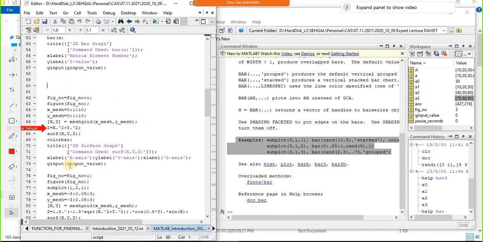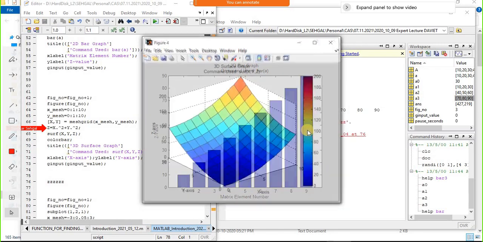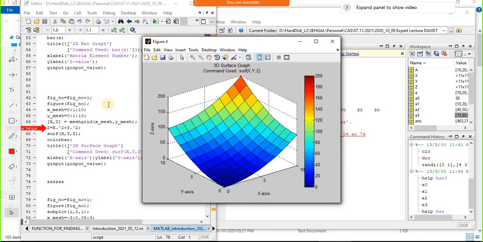Okay, again I go for the next diagram, pressing F5. So this is a 3D surface graph. You can see here a 3D surface graph, and the command used is surf. It's not surf, it is basically surface, shortcut of that, surface, right? SURF stands for surface, and three-dimensional surface. So you mention X vector, Y vector, and Z also. So here this is X, Y, and Z,